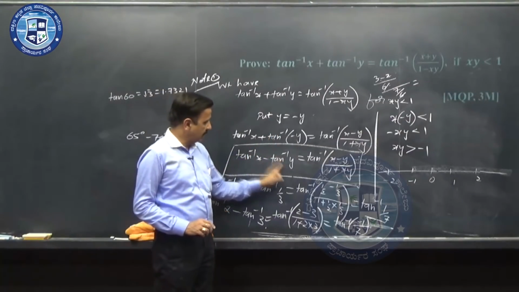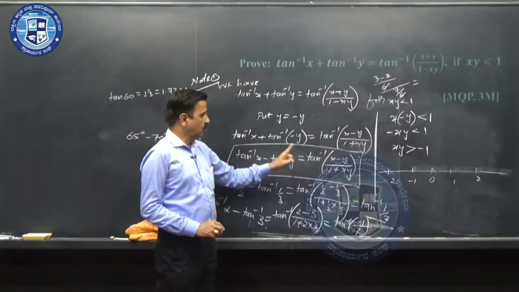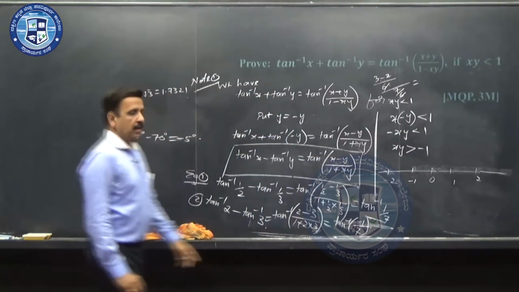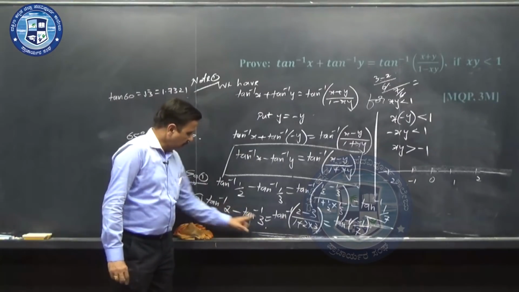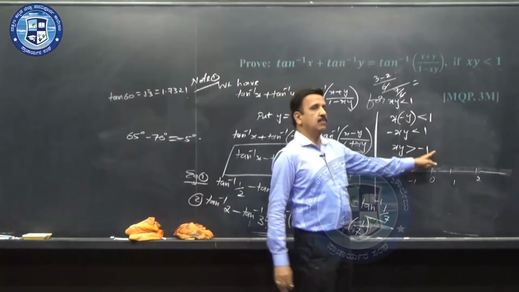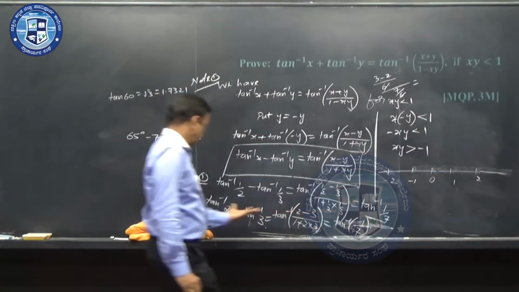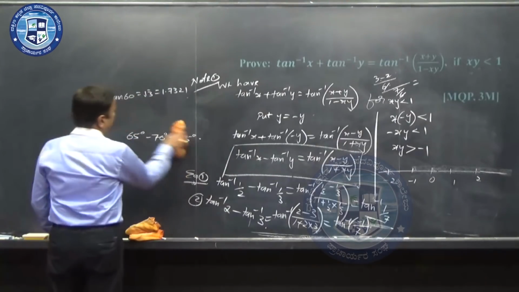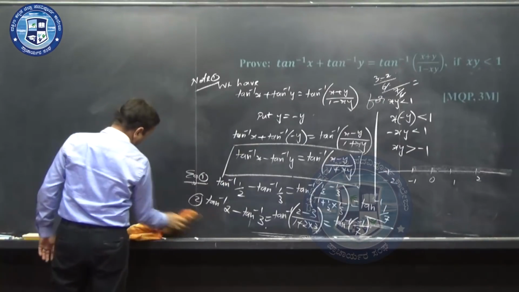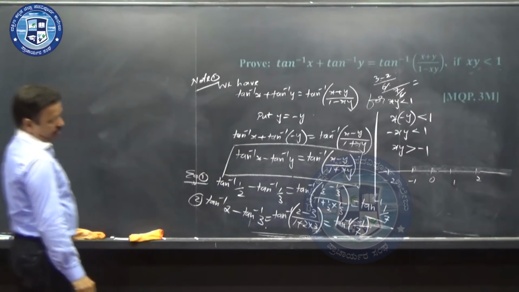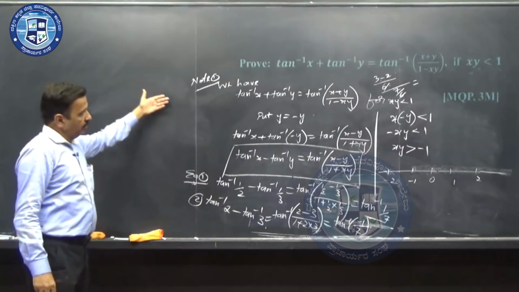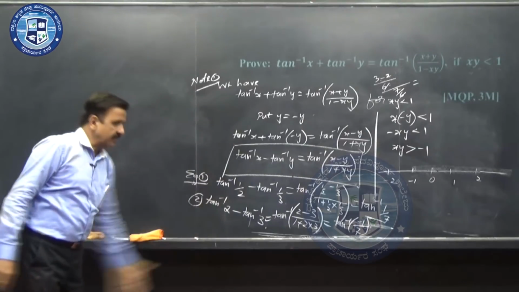When you use this result, tan inverse x minus tan inverse y is equal to tan inverse of x minus y by 1 plus xy, provided xy is greater than minus 1. X is 2, y is 3, product xy is 6, and 6 is greater than minus 1, it holds good. So, you can use this particular result. Okay. So, before using these results, you must check the conditions, whether the given values of x and y will satisfy the required condition or not, you have got to check. One more note we have that we will see later, you complete this first of all, quick.